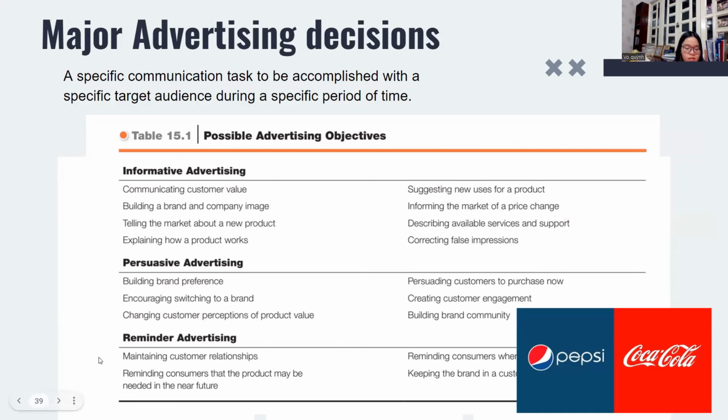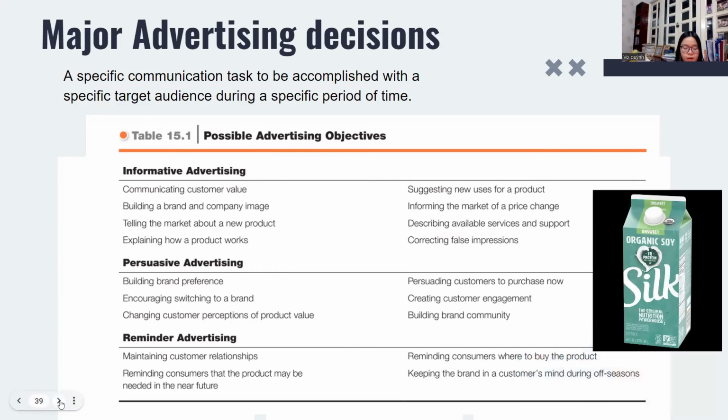Pepsi has long taken direct aim at rival Coca-Cola with comparative ads. There are few things that grab our fans' attention as much as seeing our beloved blue and that red next to each other, says the Pepsi marketer. And finally, reminder advertising is very important for mature products, and it helps to maintain customer relationships and keep consumers thinking about the product. A recent ad campaign for soy milk tells consumers to fall back in love with soy milk, reminding them of the many reasons that will help them love it.